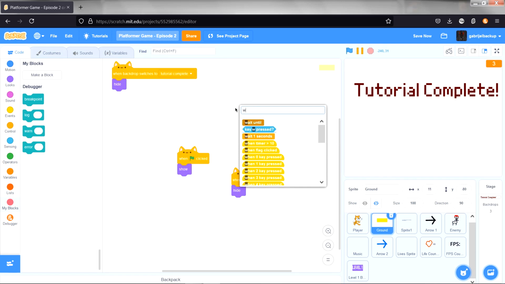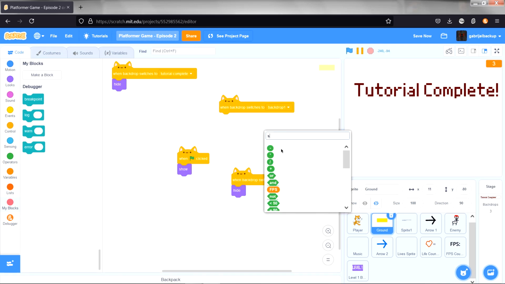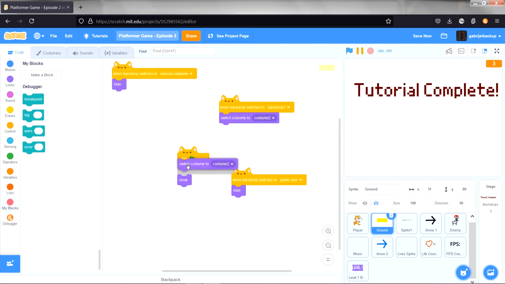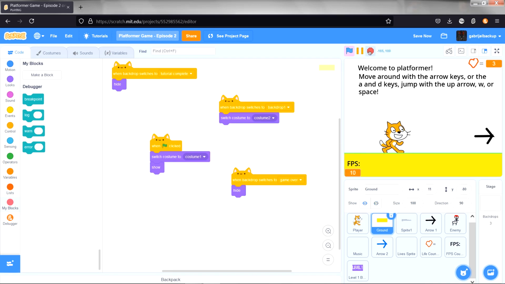Now we need a when backdrop switches to backdrop 1, that's the empty backdrop. Switch costume to costume 2, and make sure that when the green flag is clicked we switch costume to costume 1 again. So just pop that right there. Make sure that we always do this when the green flag is clicked, because we don't want to be switching to costumes later in the game. So if we test that out,